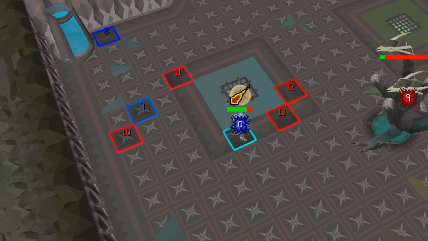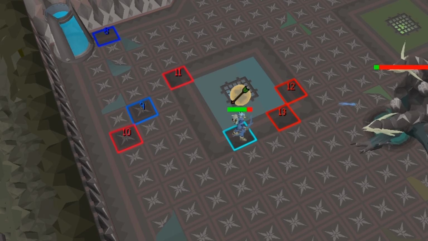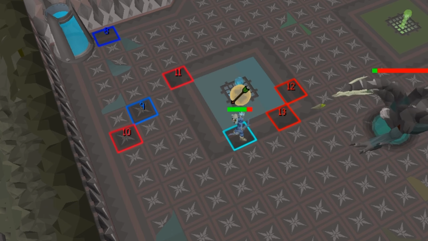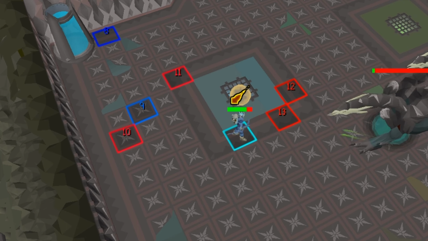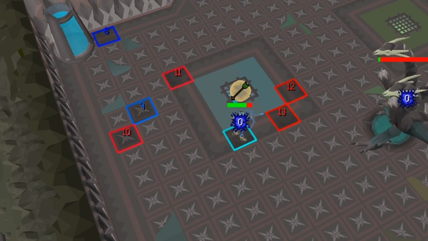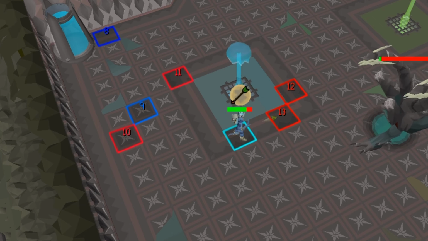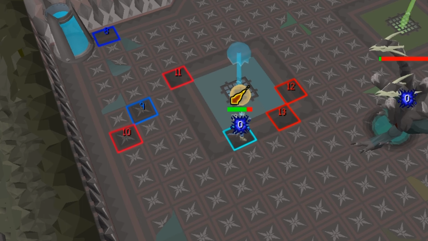Now, it never normally happens to me. I normally kill him before he gets a chance to do the acid phase again. But if your gear's maybe not as good as mine, or maybe if you don't have 99 range like I do, he might take a bit longer to go down, so you might have to avoid another acid attack. And that is literally the entire fight in a nutshell. It's really simple. It's really easy to get the hang of, and you will be able to do